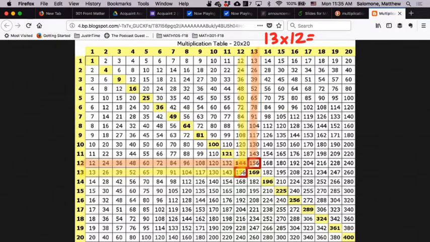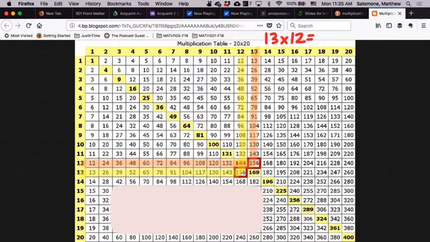Which one of these would be 13 times 12, the orange or the yellow highlight? Yeah, we're going to go with the yellow highlight. So the convention for our quote-unquote multiplication tables, which are now going to be called Cayley tables. Cayley gets a lot of stuff in abstract algebra named after him. But the convention